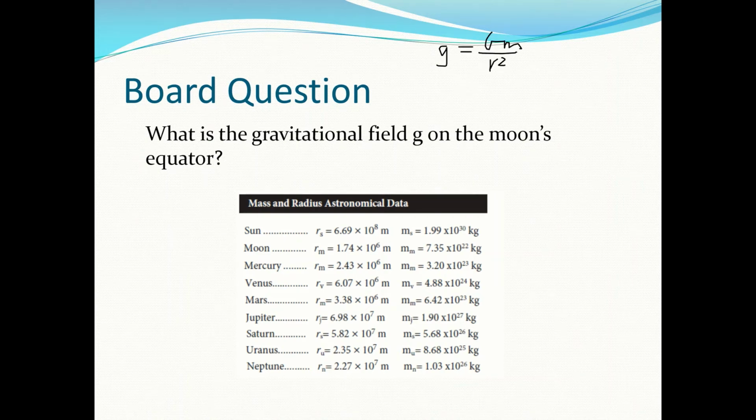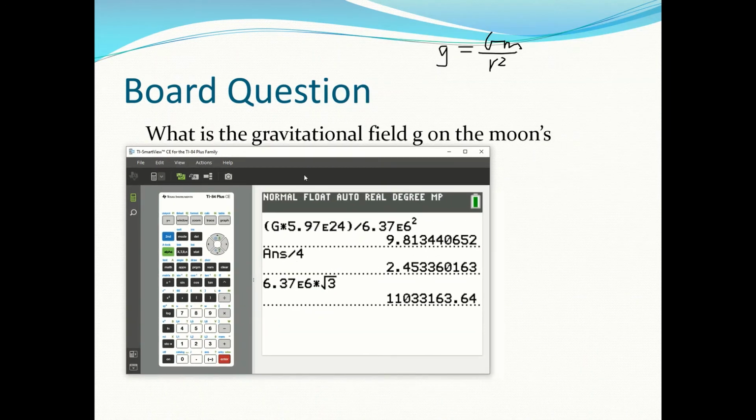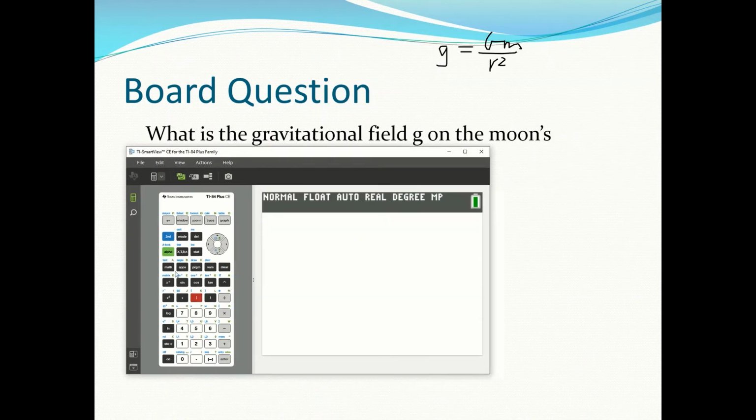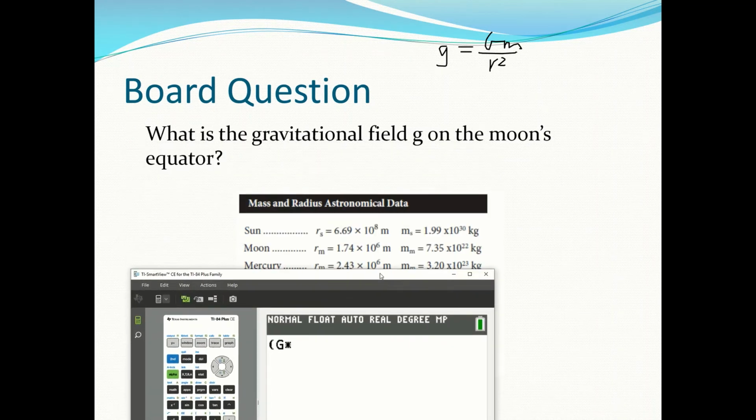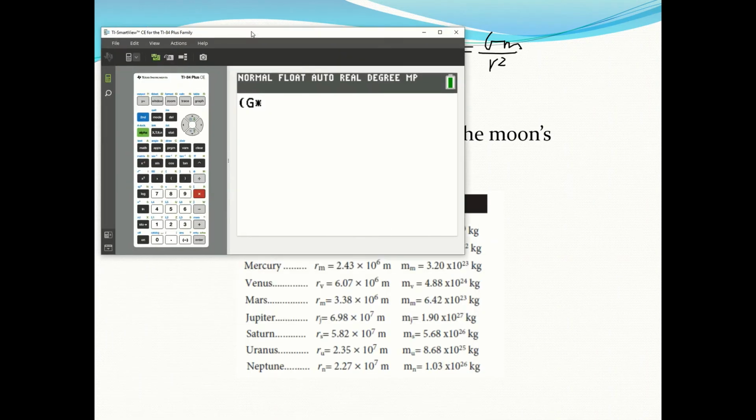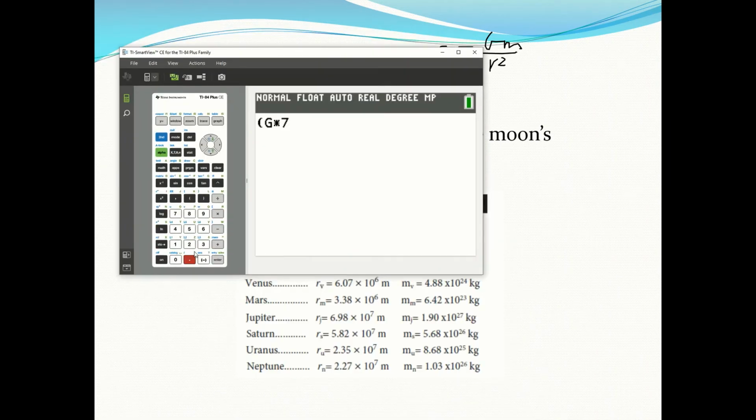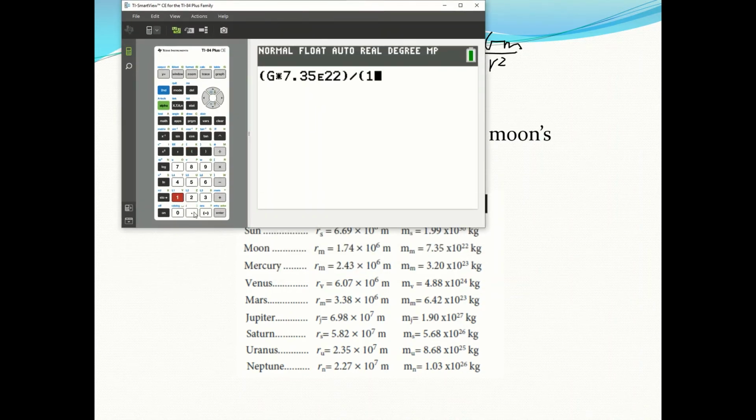Okay, so what we need is we need G. And then we need the mass of the moon. So the mass of the moon is right there, 7.35 times 10 to the 22, divided by the radius. So we don't want the orbital radius because we just want to know how thick the moon is. That's how we find it. So we just need the radius of the moon, which is 1.74 times 10 to the 6 squared,